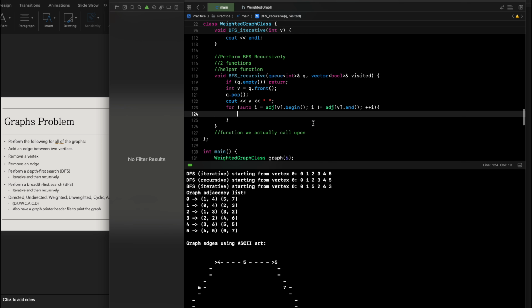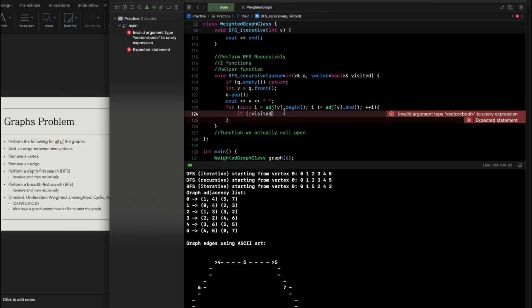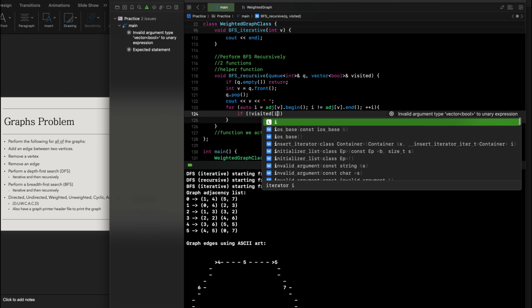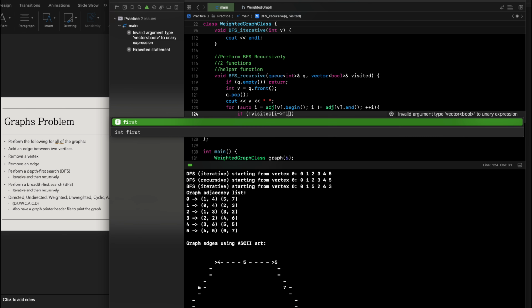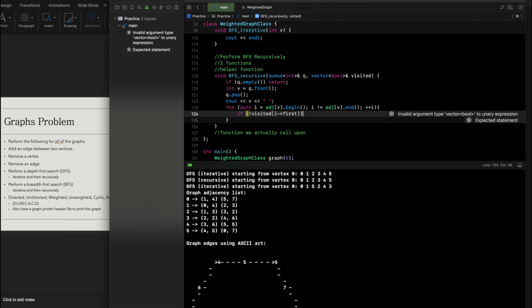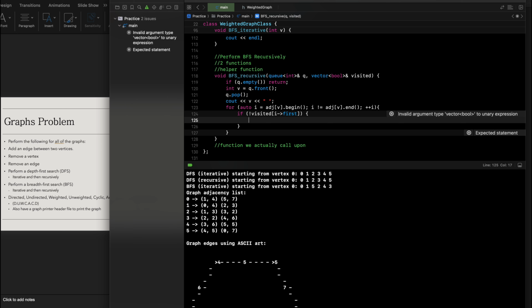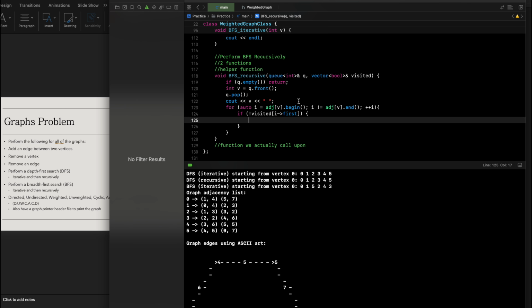since we are dealing with a weighted graph, we're going to have to use first. So if the following vertex has not been visited, because it's a Boolean condition, then we're going to have in the context as well the respective edge of index first, indicating the weight of the given edge. There we go. Then we will be pushing